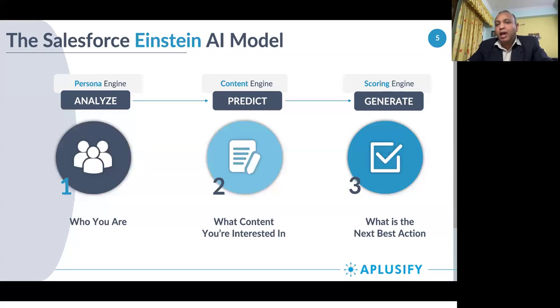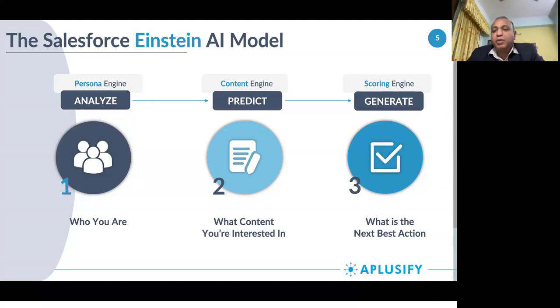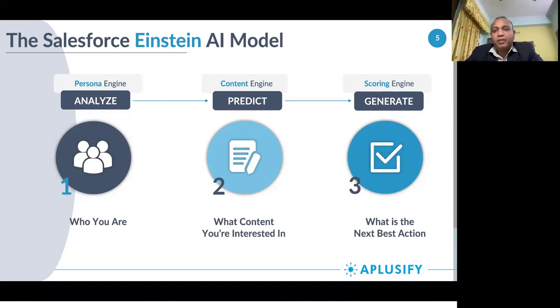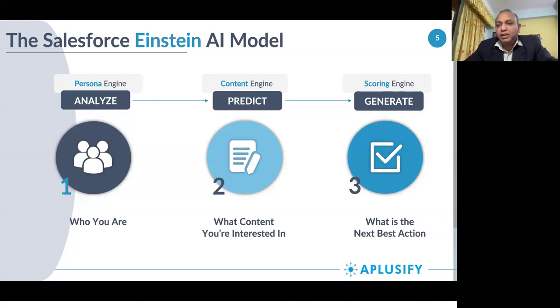Salesforce Einstein AI model has 3 engines on which it operates. It has a persona engine, a content engine, and a scoring engine. So persona identifies the user persona, right? Which is identifying and analyzing who you are. So that is what the persona engine does. It analyzes who you are based on what data it gets through your user preferences, your other personal details, or your interests. And then